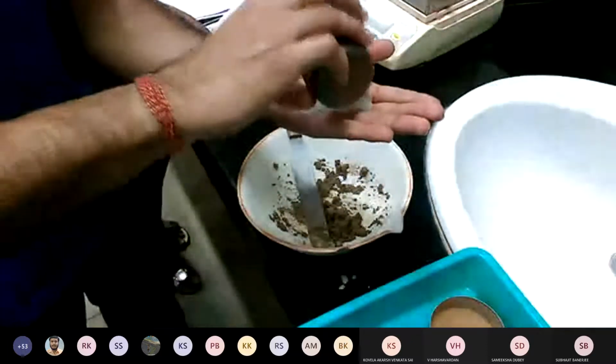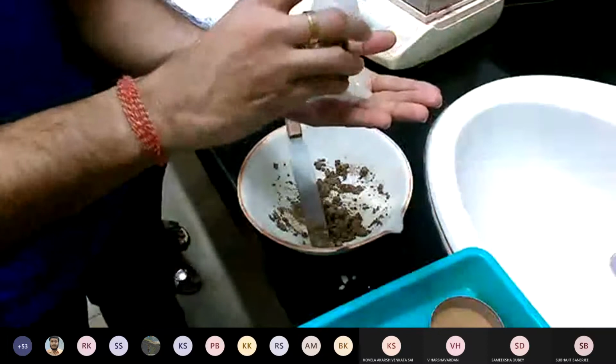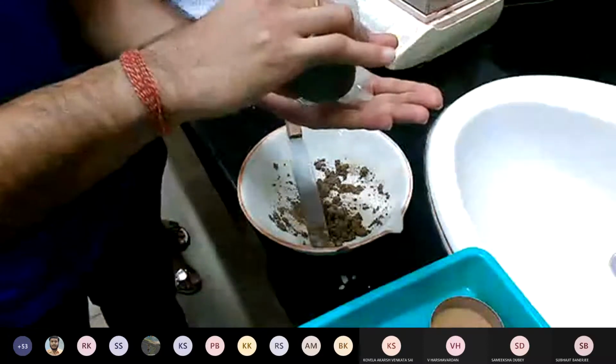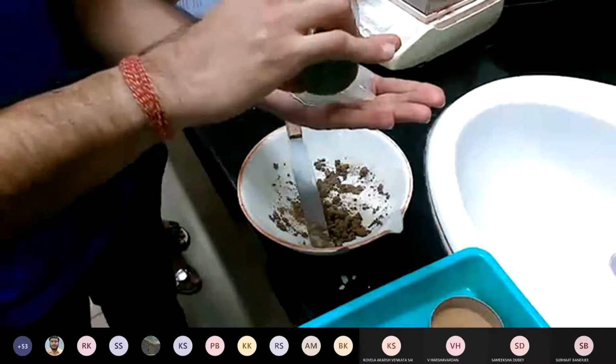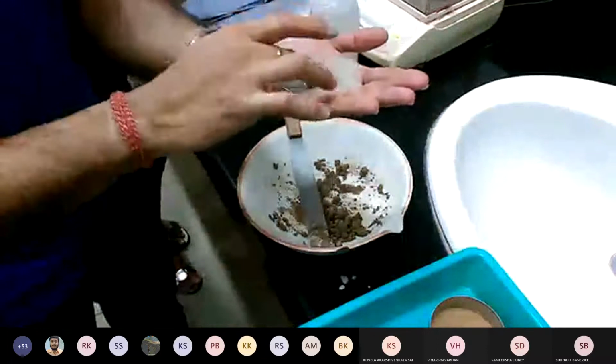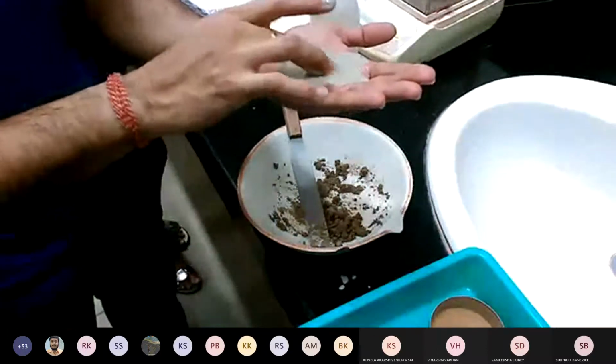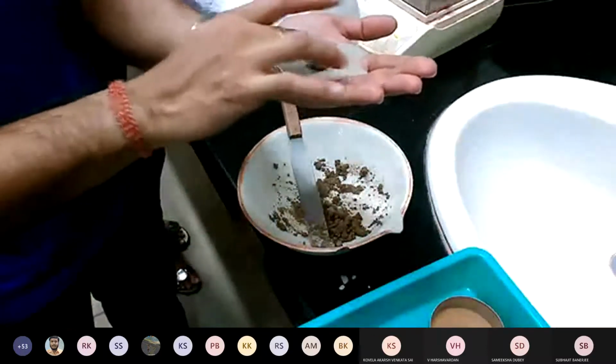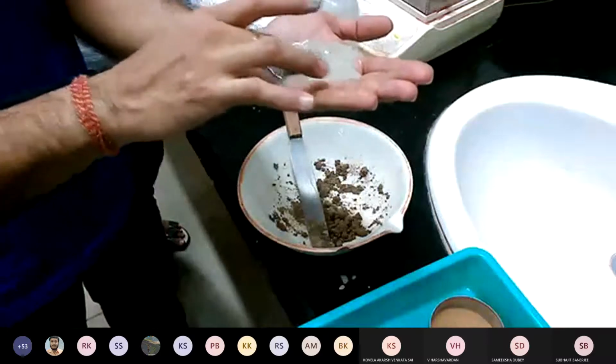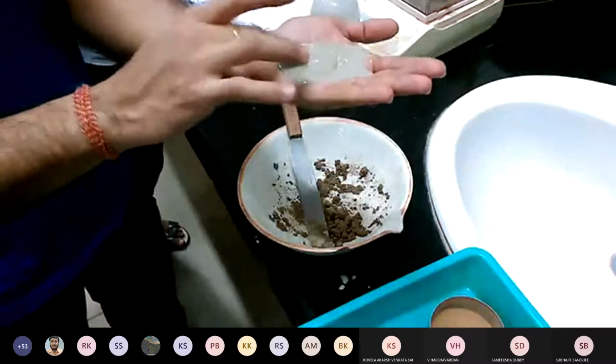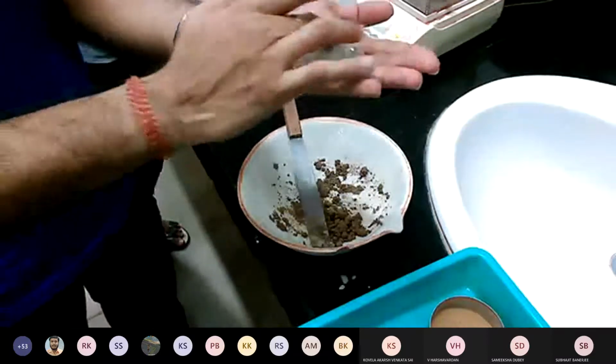You can add some more soil. Now this is a thin slurry kind of consistency, and we will try to check dilatancy in this.